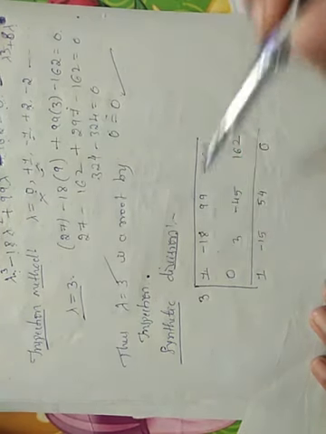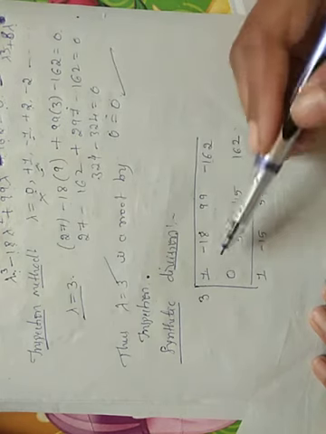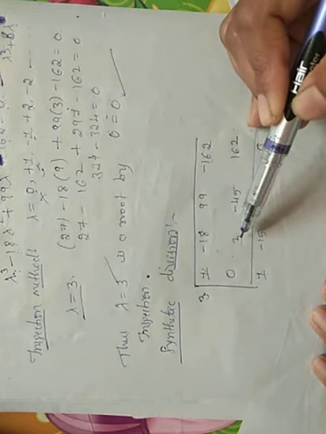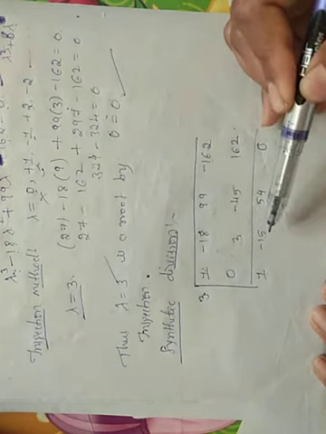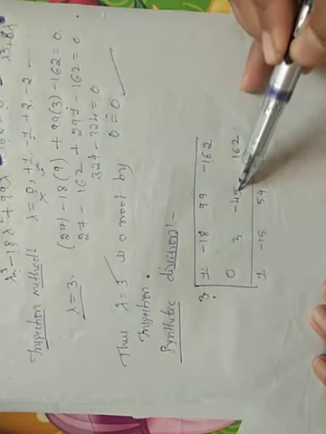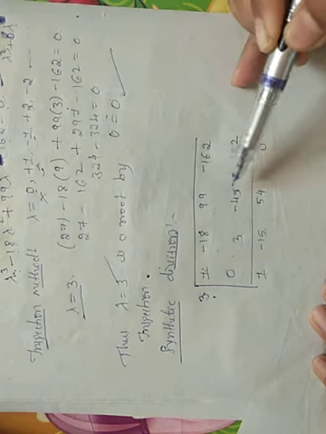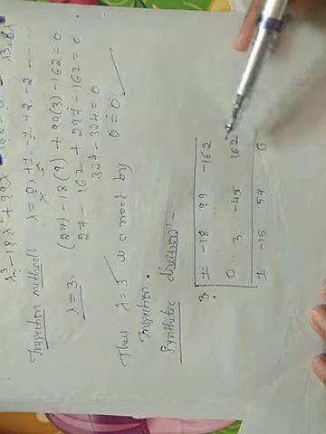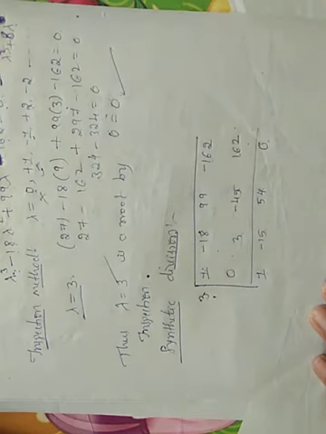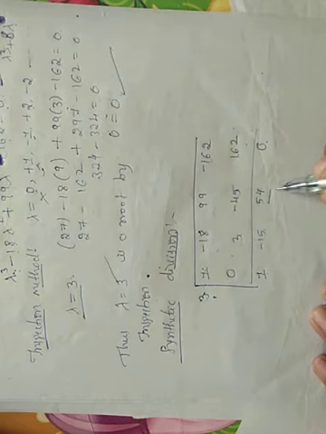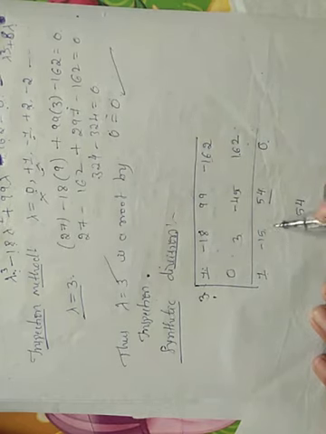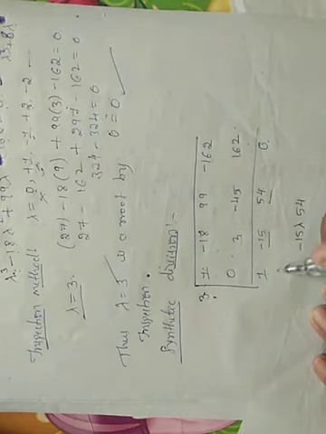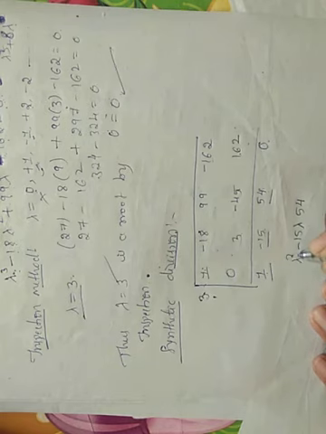We start with the 0 and it must end with the 0. So 1 plus 0 is 1. 1 into 3 is plus 3. Plus 3 minus 18 is minus 15. Minus 15 into 3 is minus 45. Minus 45 plus 99 is plus 54. 54 into 3 is 162. Plus 162 minus 162 will be 0. Now this will be the constant coefficient, this will be the coefficient of lambda,